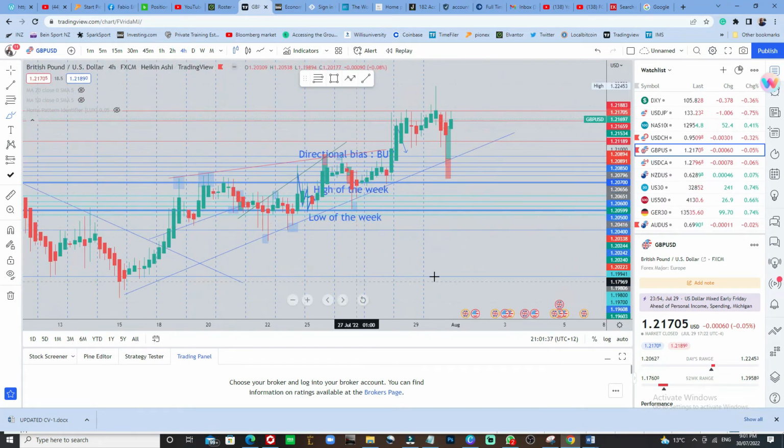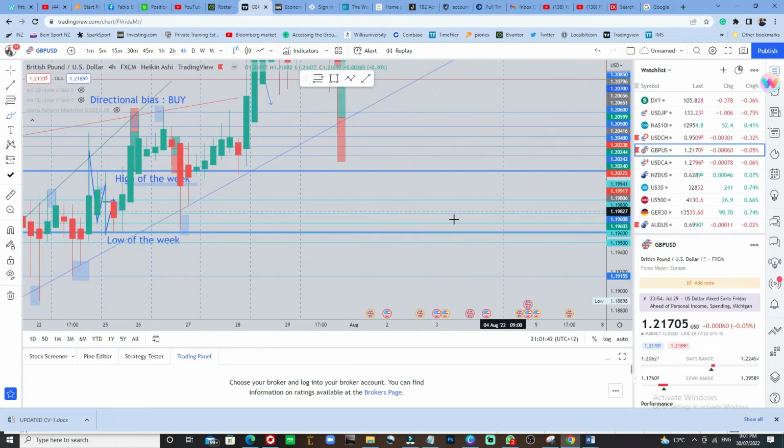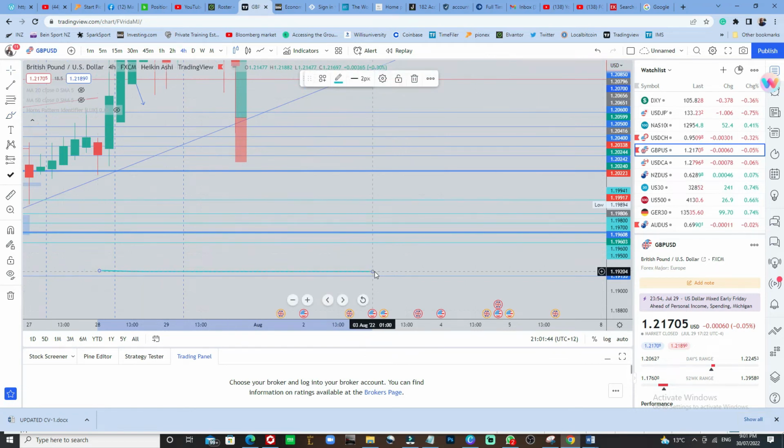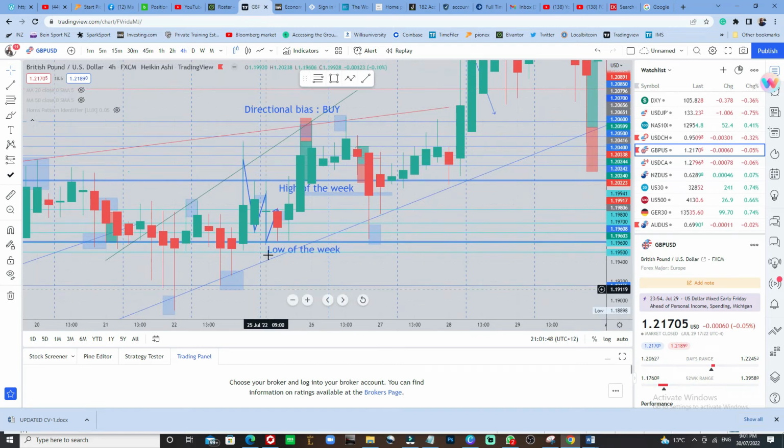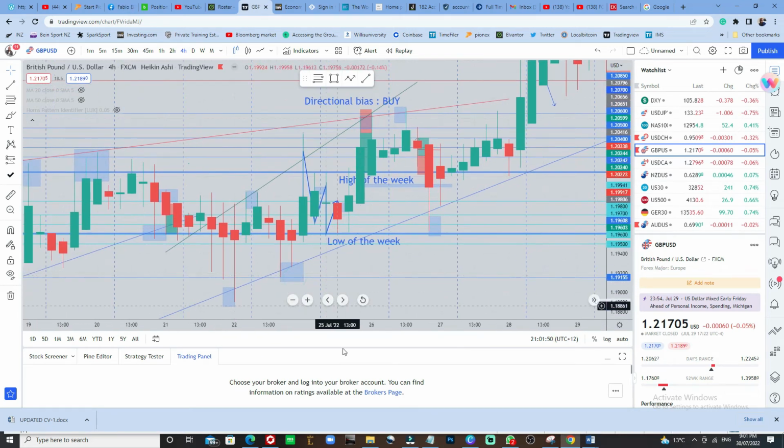Now on the 25th, look at 25th here, the first two candlesticks that form are the two candlesticks I use. Look at this candlestick here, this 25th here. The first candlestick that formed was